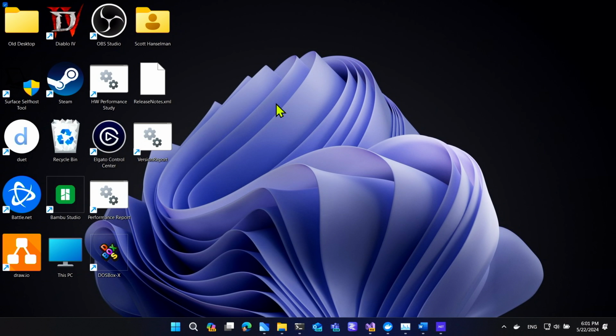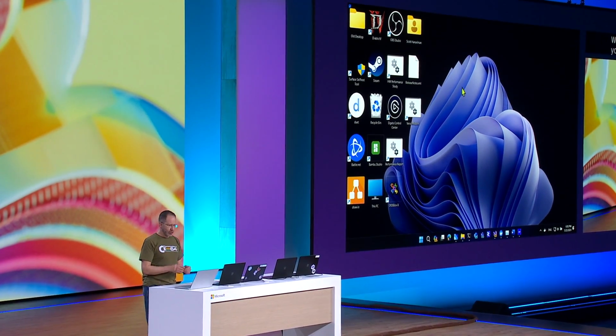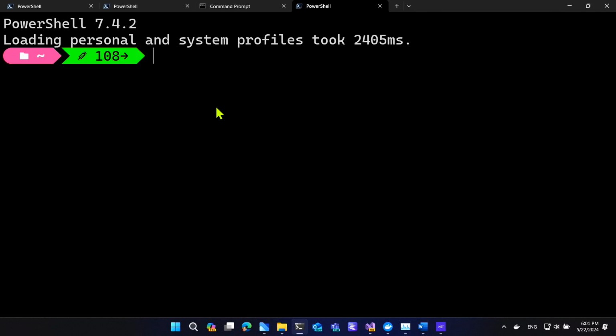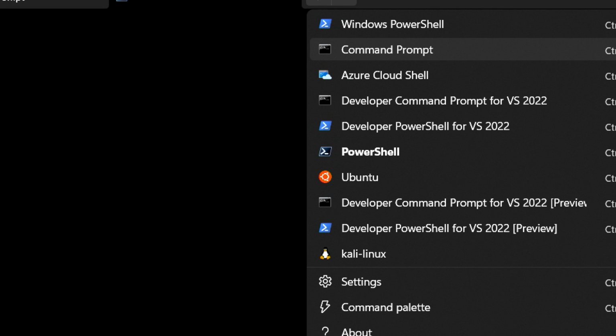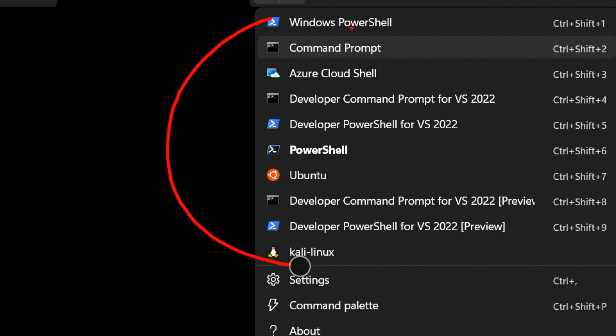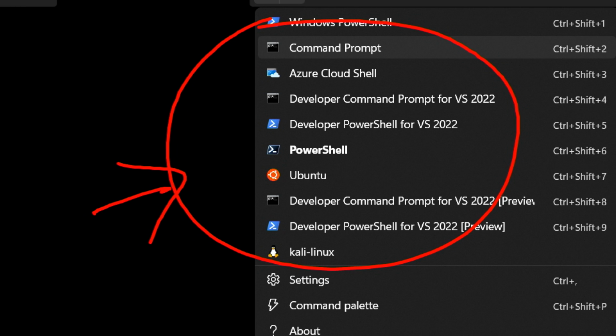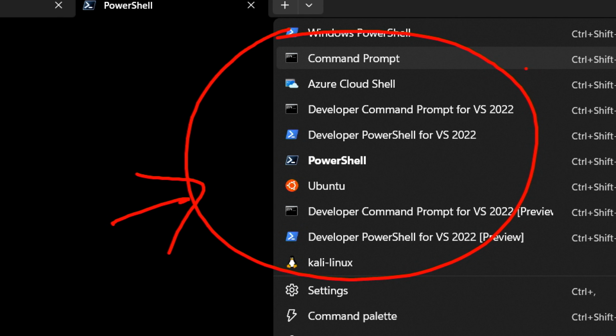When you think about customizing your space, you might go into dark mode, you might go into light mode, you might change your fonts, you might have your wallpaper a certain way. I spend a lot of time at the command line, and I've made the command line my own place. This is, of course, Windows Terminal that we know and love. I'm using ZoomIt here to draw on the screen and point at stuff. You can see that it's detected a bunch of things like the developer command prompts that were installed with Visual Studio. I've got PowerShell here as my primary space, but I've also got Ubuntu in the form of WSL, the Windows Subsystem for Linux, the Azure Cloud Shell.